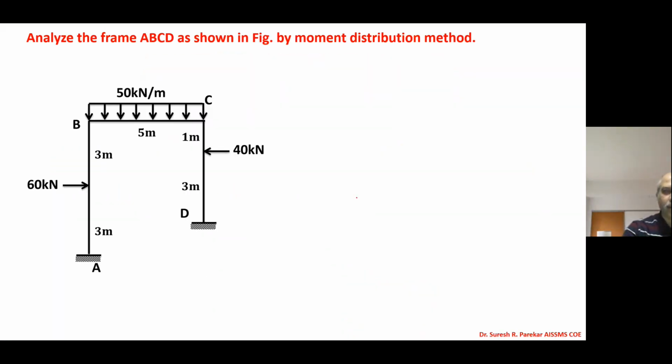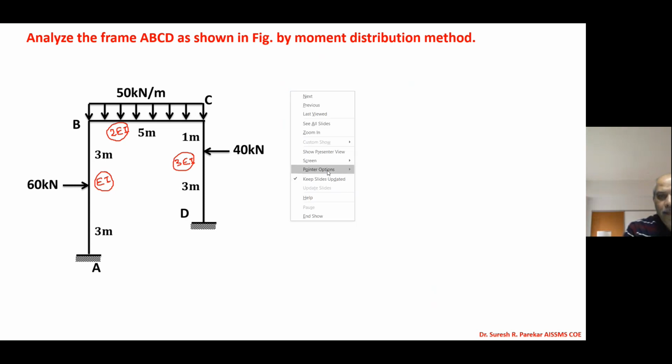Good evening. We are going to solve the same problem by the stiffness method. Now in the stiffness method, this value is EI, this is 2 EI, same values we are taking, and then we have this as 3 EI. Now we will start with step 1, same as slope deflection method,